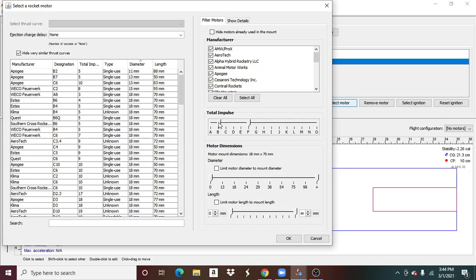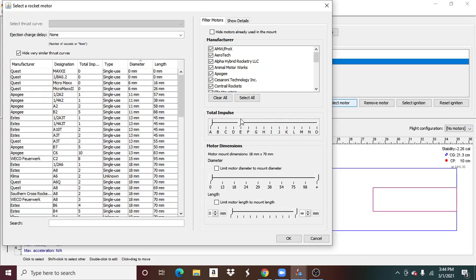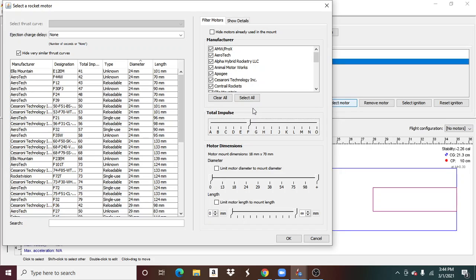Because if you go on A, like you see A 1/2, A 1/4, A 1/8, whatever. Also, total impulse is the total amount of thrust combined for all. Let's say you're getting an F engine, which is 80 newtons of thrust, and it burns for around 10 seconds. A better way of saying it is basically every single second it uses 8 newtons of thrust and a total of